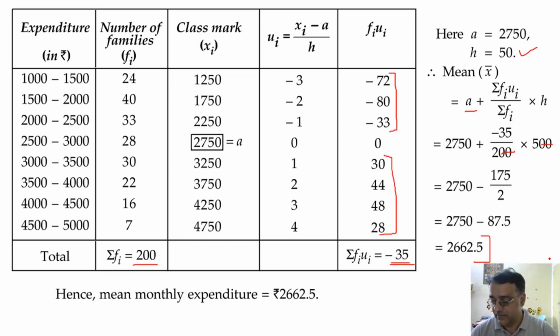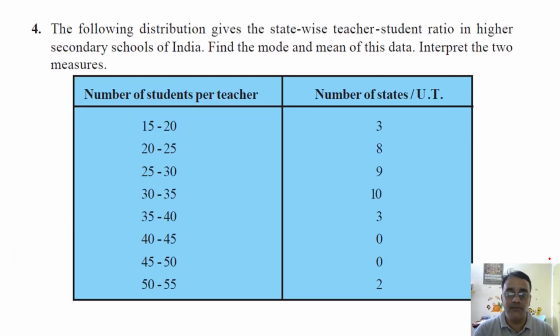Okay, so now we are moving towards the next question, question number 4. Here also we have to find mode and mean, both, and then we have to interpret the two measures also. The following distribution gives the state-wise teacher-student ratio in higher secondary schools of India, and we have to find the mode and mean of this data. So again,